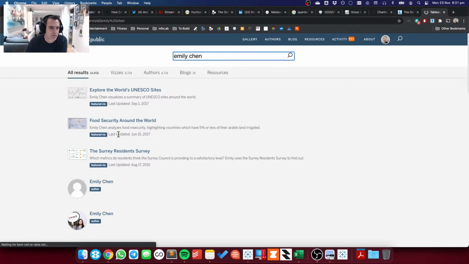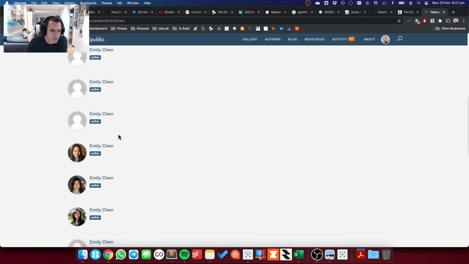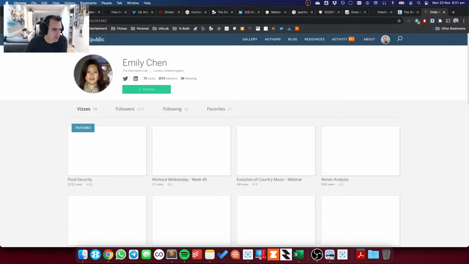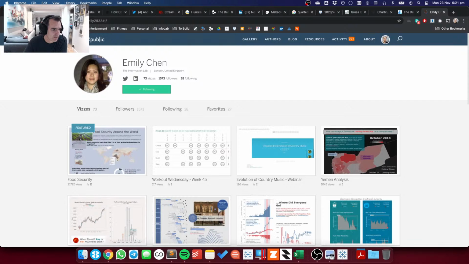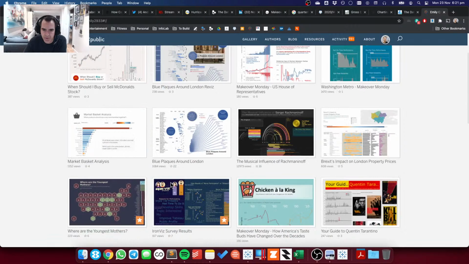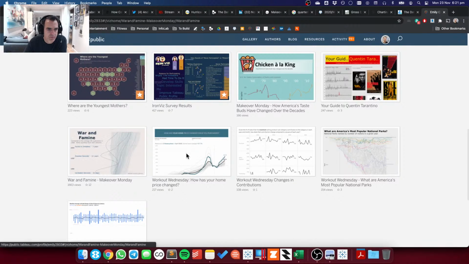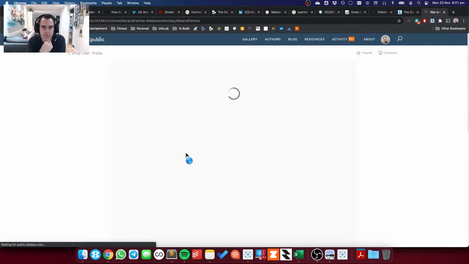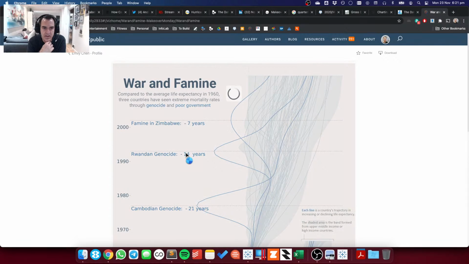Ah, here she is. So the view from Emily I was thinking of is this one here. It's kind of like a reverse axis, but I don't remember what she has on each. I think each line is a country.